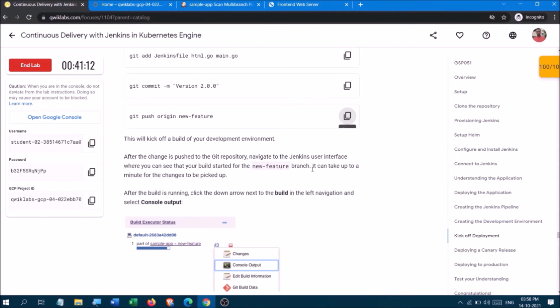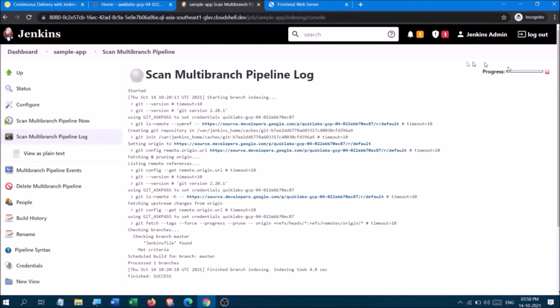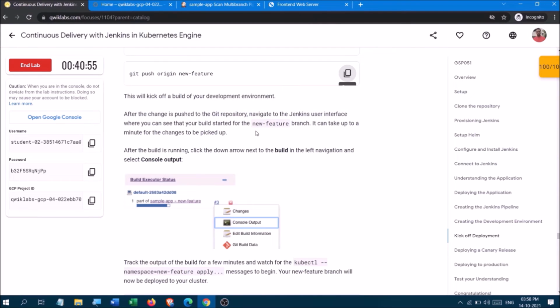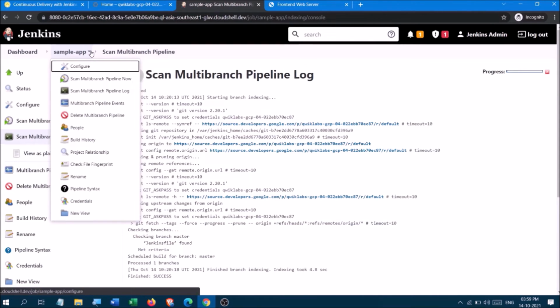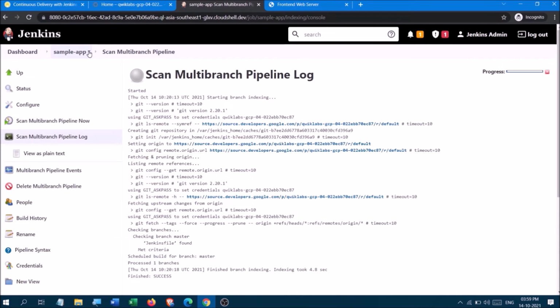Now what we are doing is, to build, here is the build history.